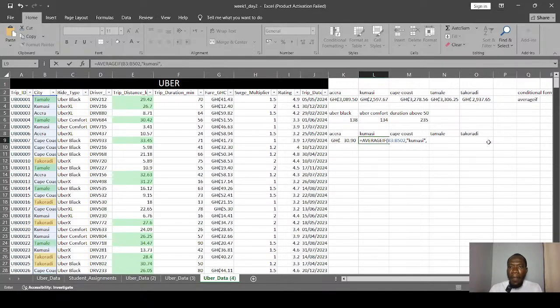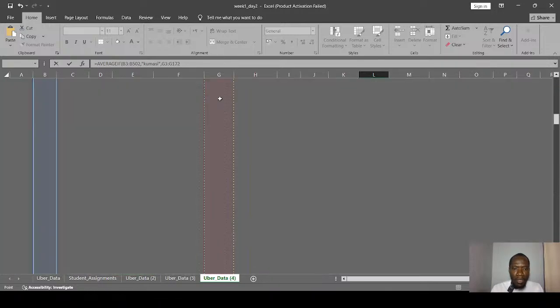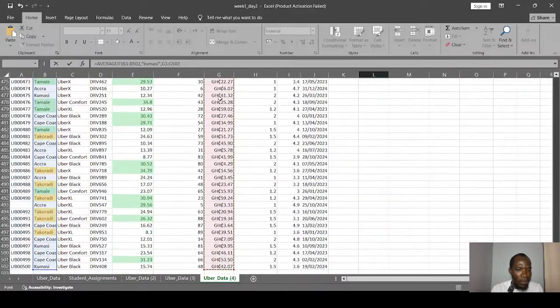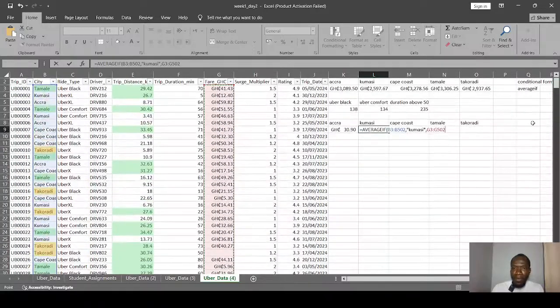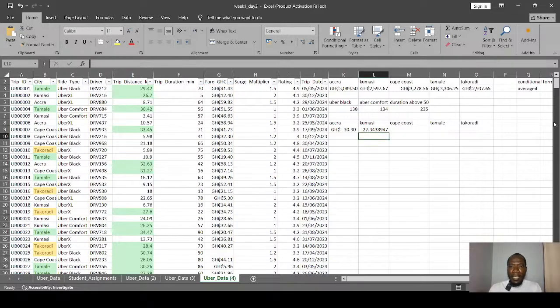Bring our comma, then our average range can be found in G3, Control Shift down arrow, down arrow, down arrow. Oh, now I'm good. I'm not overflowing. Good. We close the bracket. We press enter. Hey, Kumasi, what is going on? Lots of coins. Anyway, let's change it to the account currency, right? Yes, it's rounded up nicely for us. Kumasi, funny coins.